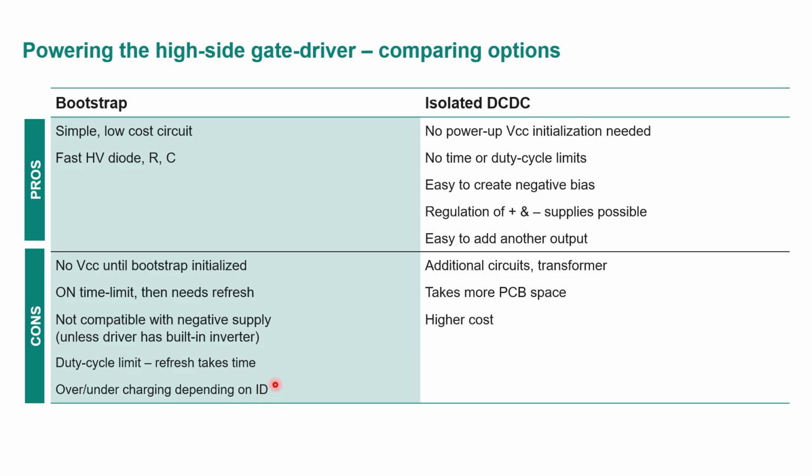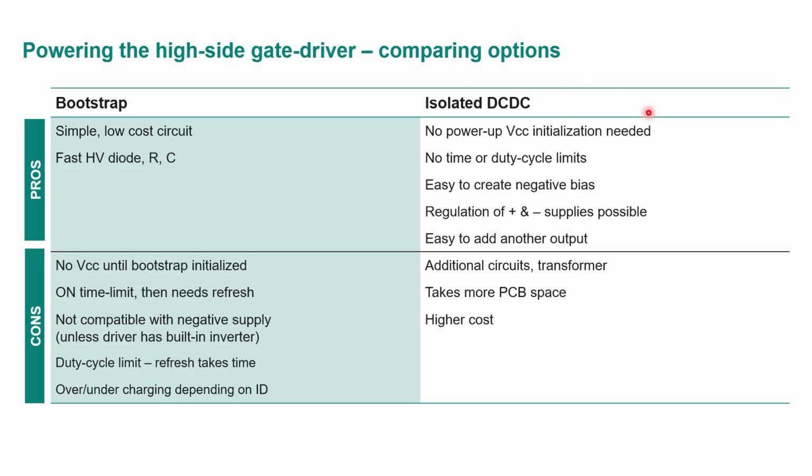Also, when the low side is on, or when the low side is conducting, you're not always at zero. Could be -3 volts if you're in diode mode. Could be +1 if it's high current. So there's a lot of variability in the charge voltage you end up with. DC-DC, you don't have that. You have a very reliable voltage source. You can even regulate it if you want.